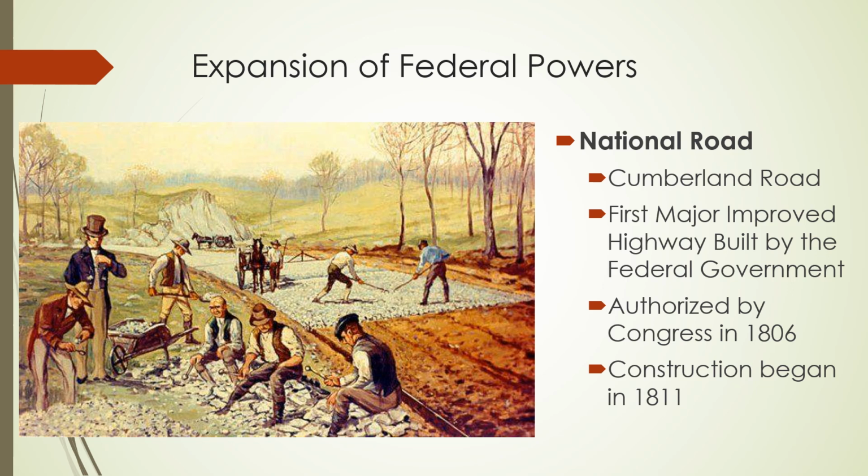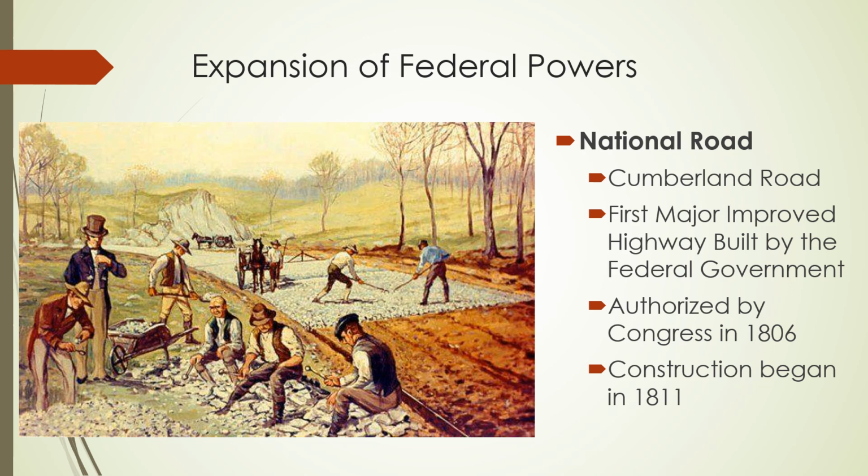In fact, if we were to go way back, all the way back to 1755, when we were talking about the French and Indian War, and those British guys trying to take Fort Duquesne, there was a man named Edward Braddock, a British general, and he was trying to take his army to Fort Duquesne, and to do that, they had to basically build a road to bring all of his cannons and his wagons and all that stuff. And if you remember, they got attacked by Indians. It was called the Battle of Monongahela. It was a big failure. But that was called Braddock's Road. And Braddock's Road is actually sort of the beginning of the Cumberland Road, which becomes the National Road.